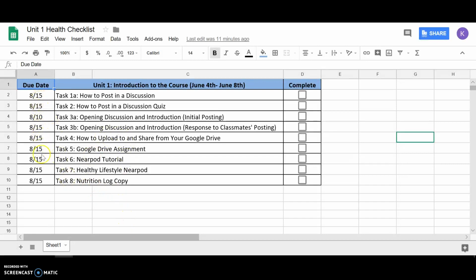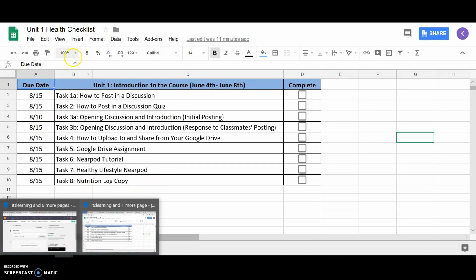You'll notice that everything is the same due date except for the opening discussion. And the reason that it's a different, earlier due date is because we want to make sure everyone has time to respond to you. So when you have a discussion post, we want to have people respond. So if you post on the last date, that's a little bit difficult. So going back,